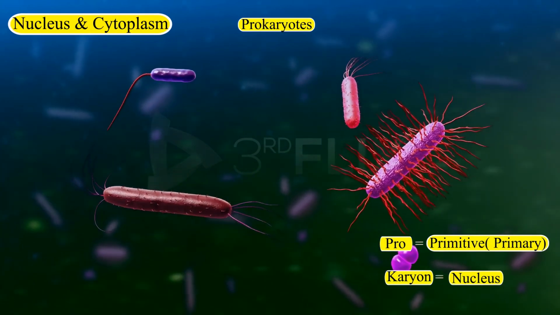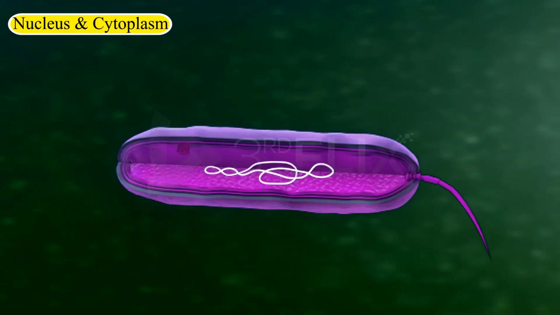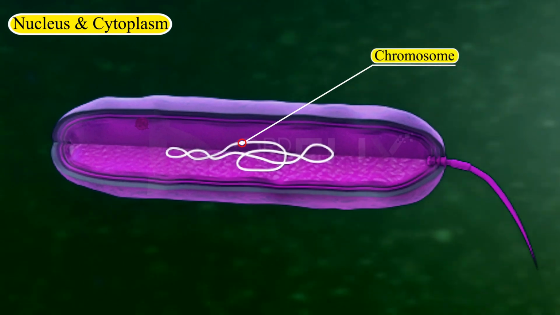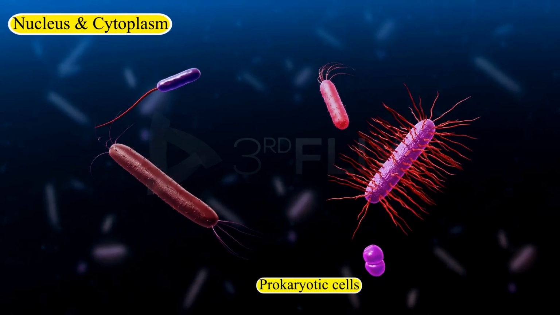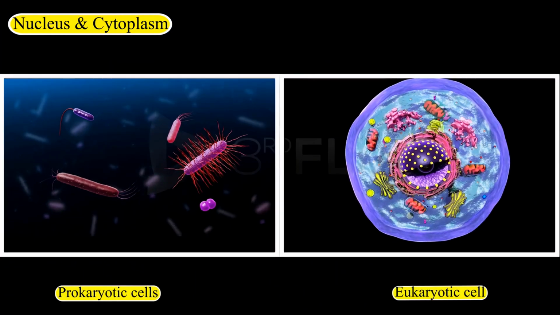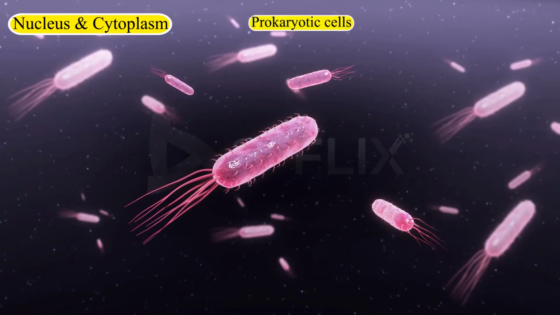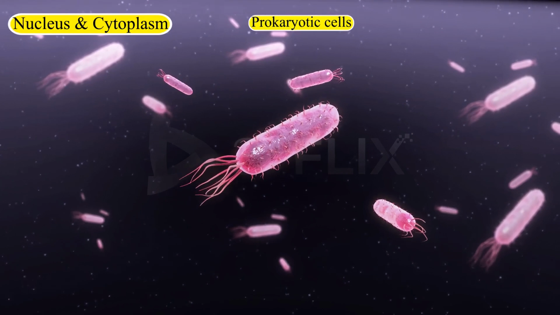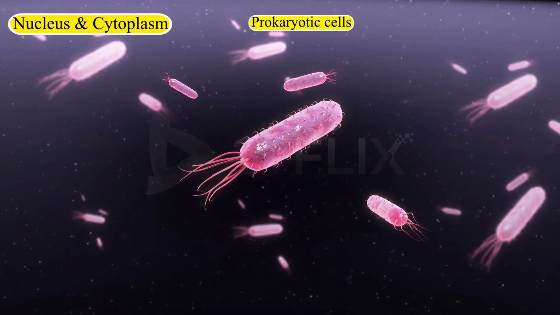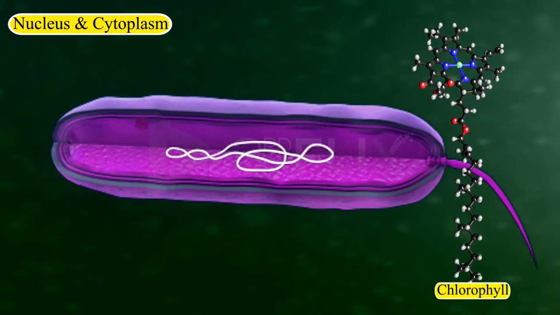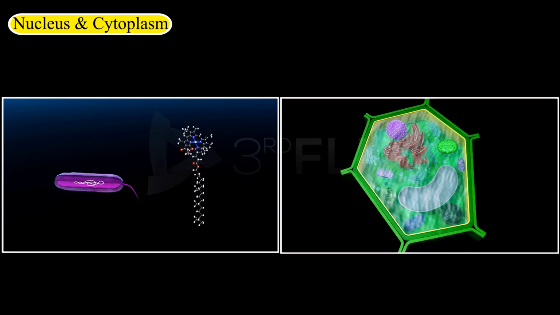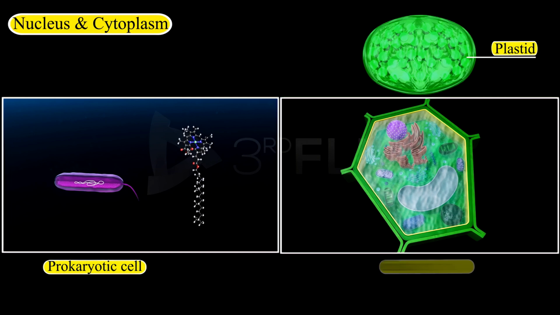They don't have membrane-bound cell organelles. Such cells have a single chromosome. Prokaryotic cells also lack most of the other cytoplasmic organelles present in eukaryotic cells. Many of the functions of such organelles are also performed by poorly organized parts of the cytoplasm. The chlorophyll in photosynthetic prokaryotic bacteria is associated with membranous vesicles, bag-like structures, but not with plastids, as in eukaryotic